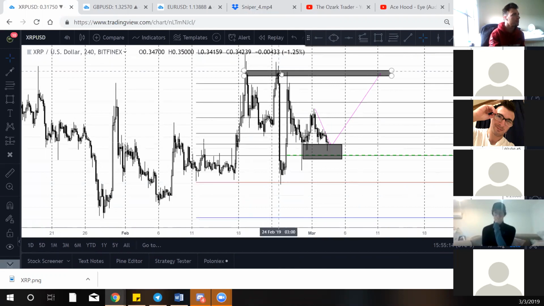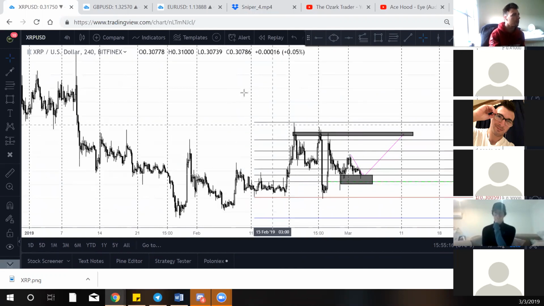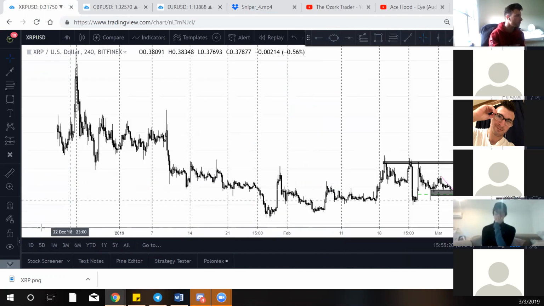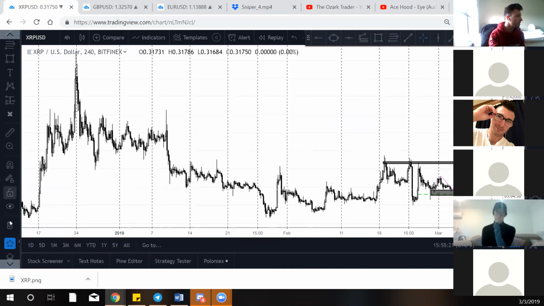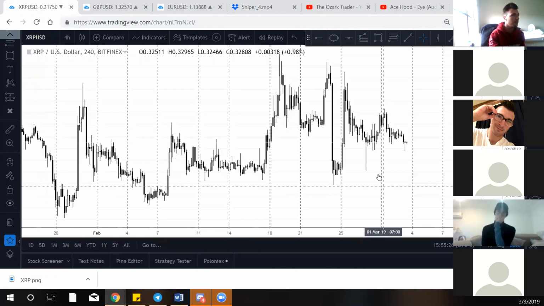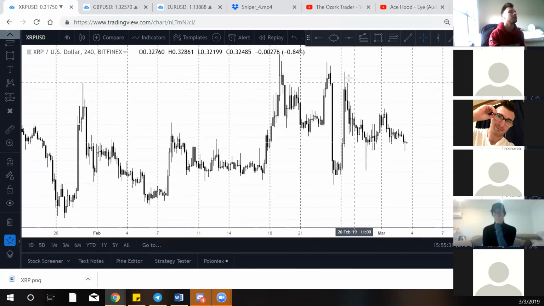Did I mess something up here from this swing high? I'm not sure. Let me redo this. I'm going to clear this whole thing up, and I'm going to redo it right in front of you guys so you guys can see a live markup. Okay? All right. So I think what I'm going to do is go from this swing to